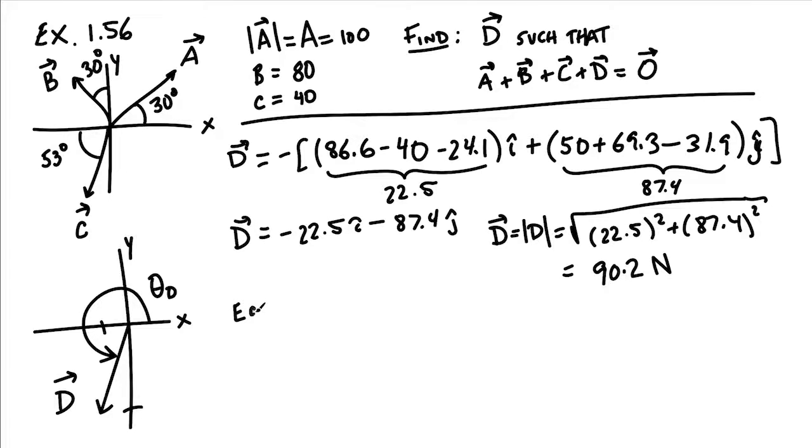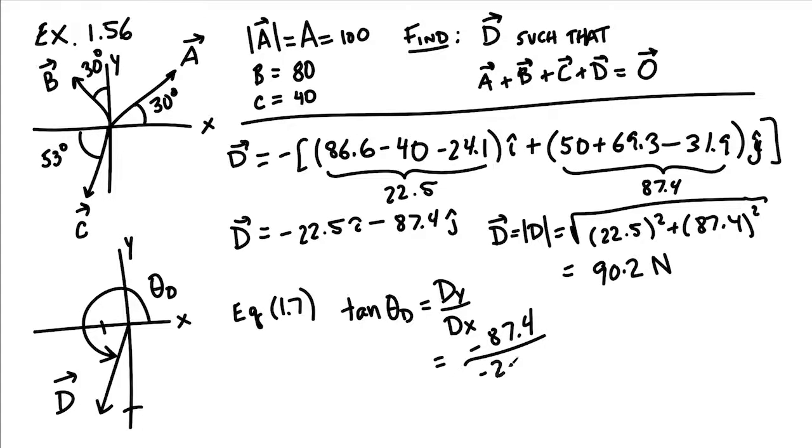Okay, so now to find this angle theta d, equation 1.7 in your textbook says that we can relate the angle to the tangent. So what it's saying basically is that the tangent of, in this case, theta sub d, is going to be the y component divided by the x component, which in this case is going to be negative 87.4 divided by negative 22.5. And when you do the arctangent, or the inverse tangent, of this quantity, which is 3.90,